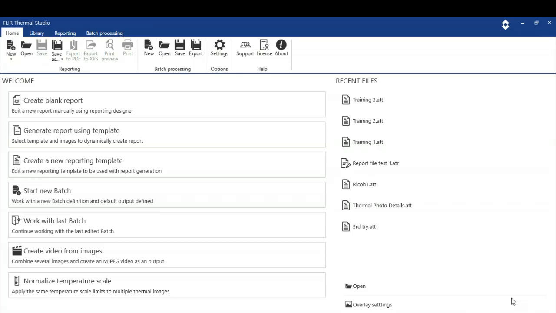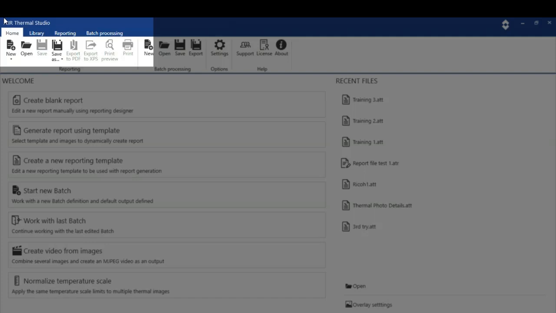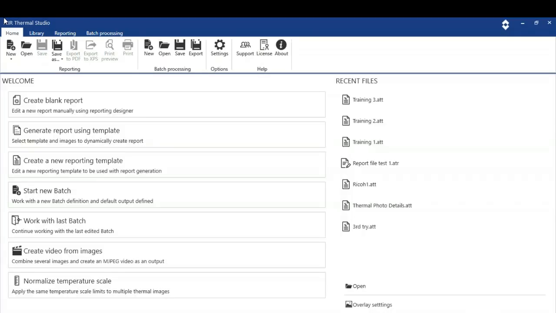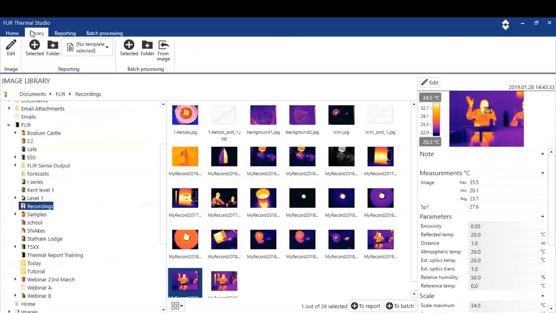You'll see in front of you we've got the default screen that appears every time you launch the software, and across the top of the software we've got four main tabs. We've got a home tab, a library tab, a reporting tab, and a batch processing tab. The idea of these tutorials is just to give you an idea as to how to use the software. So what I'm going to do is click on the library tab, and straight away we can see a